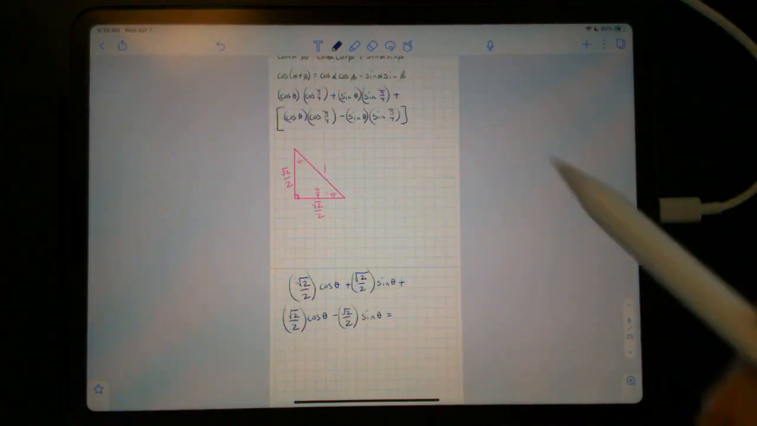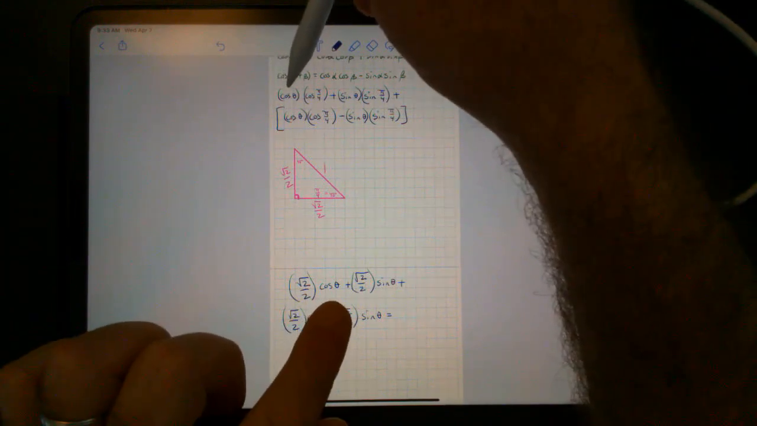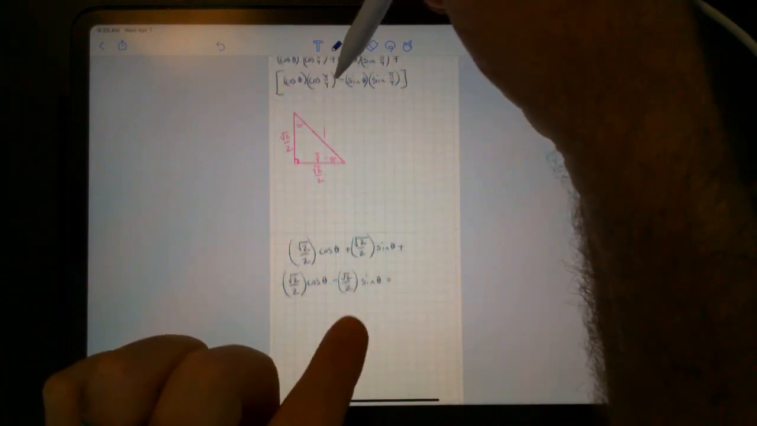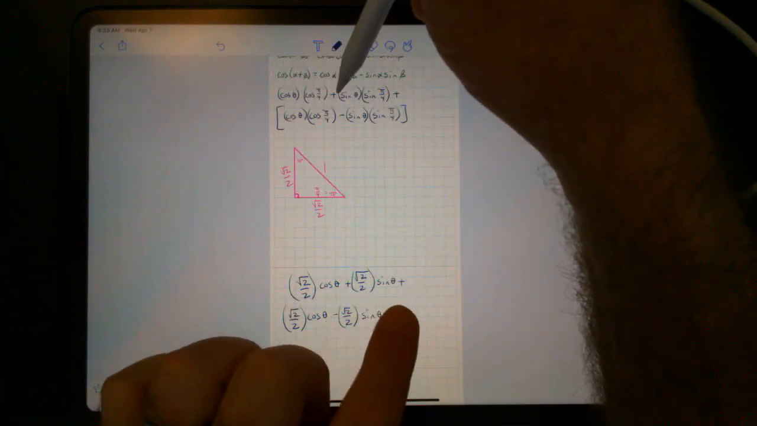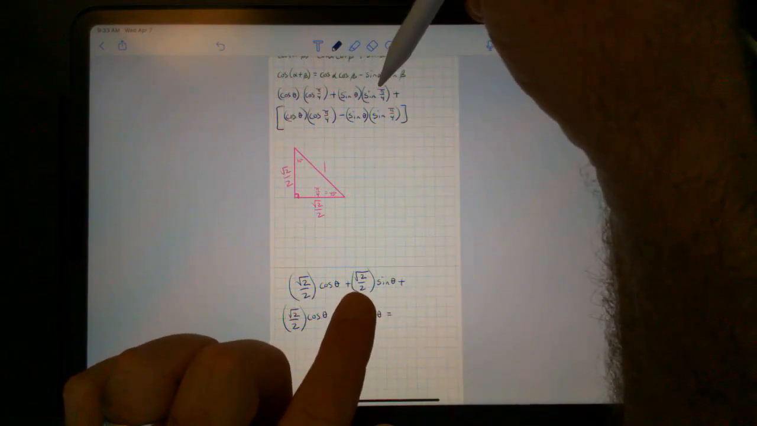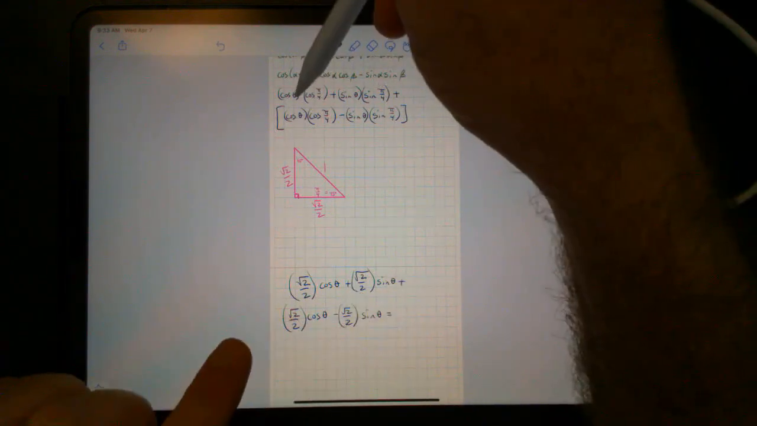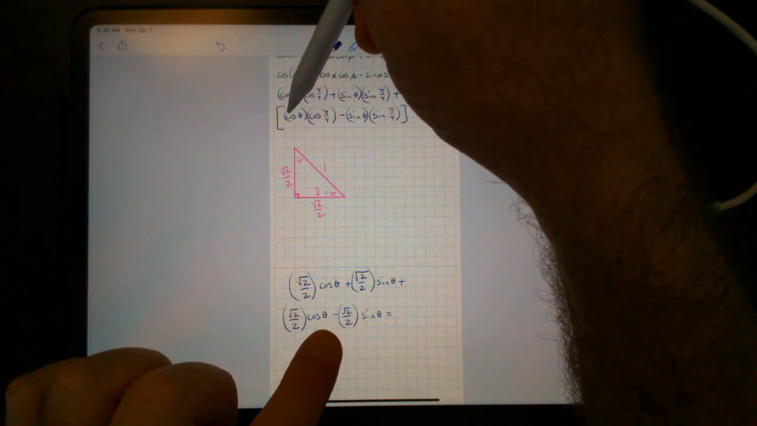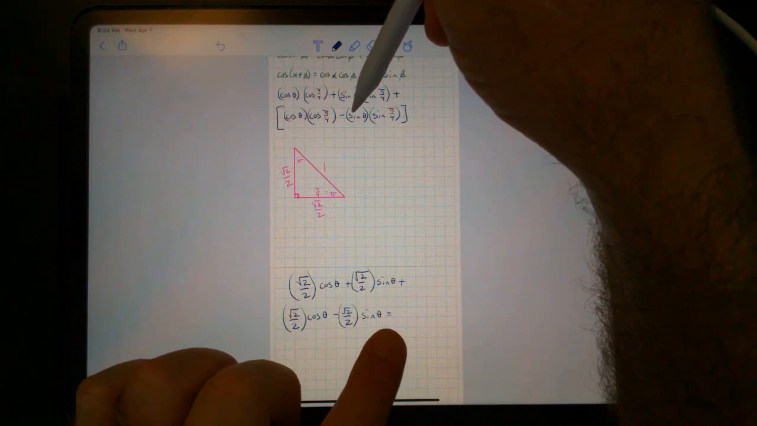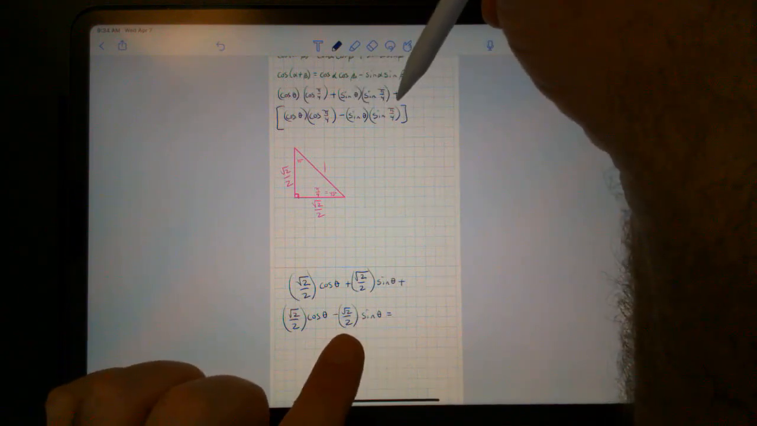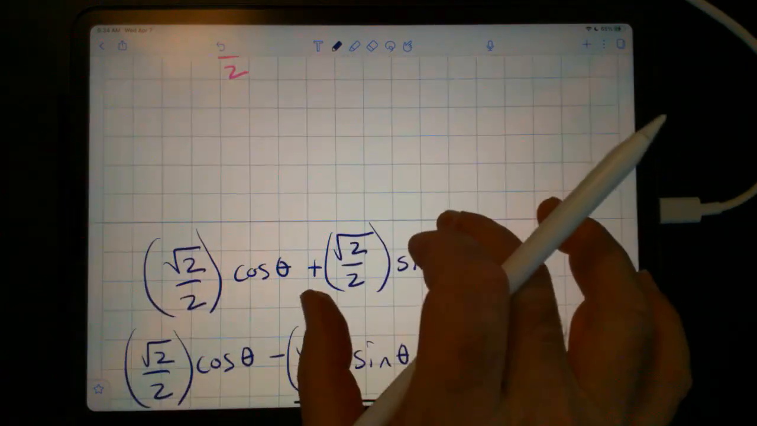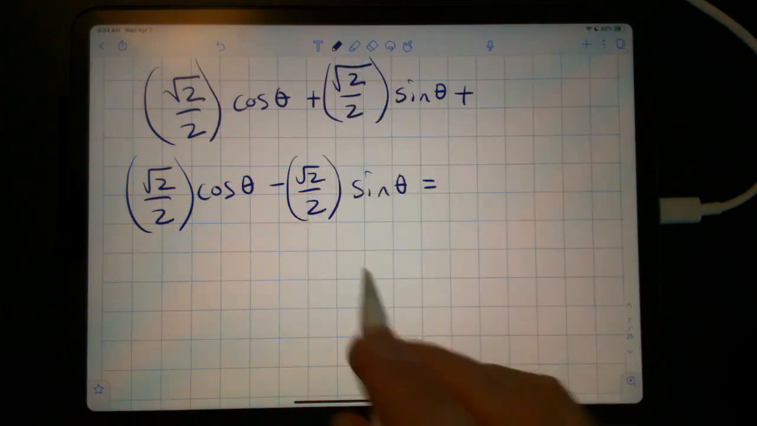Okay, so what we have is cosine theta times cosine pi over 4, which is radical 2 over 2, and then plus sine theta times sine of pi over 4, which is radical 2 over 2, and then plus cosine theta times radical 2 over 2, and then minus sine theta times radical 2 over 2. Then we just need to clean this up. We have 2's in all of the denominators, so let's make this into